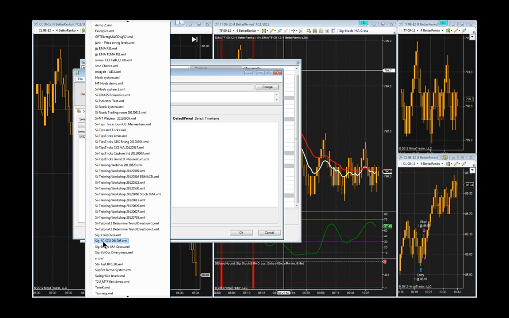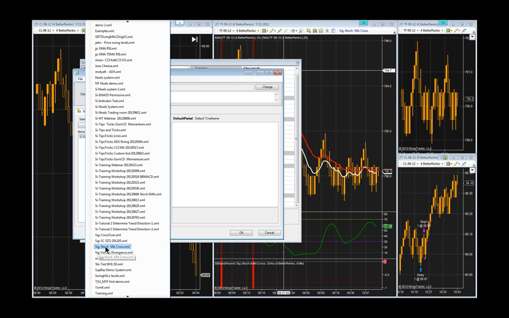And these aren't fully automated trading systems by any means. These are just kind of starters to get you going, so you can start playing around with Bloodhound. And who knows? Maybe you guys might be able to take one of these as your starting point and make it a winning system. But right now, it is just a starting point. So, all right. So I'm going to load up the